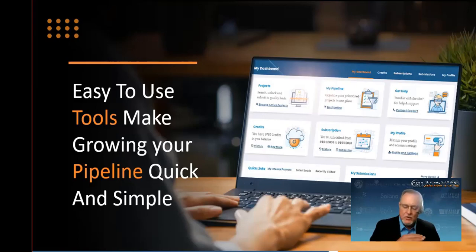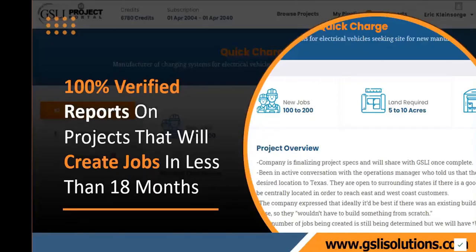And you can also make the submissions, produce the reports, take your follow-up notes, produce reports for your board, and put your own projects into your pipeline so that you can watch them each and every day that you're working on your projects.